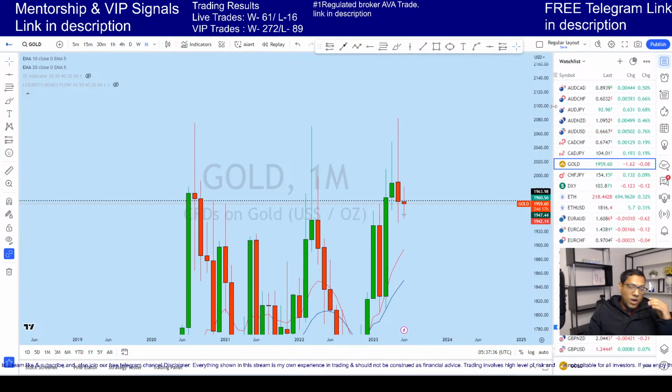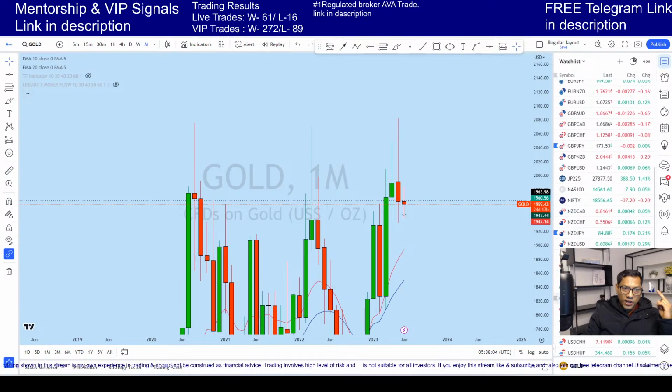Now why do I need to look at monthly? You might say, okay, I'm not trading on the monthly, Wizard, why am I looking at the monthly? The reason is, directional bias is very, very important, and a multi-time frame approach is the most accurate way to see the direction. Keep in mind, there are two things in trading. One, to know the direction. Second, to know when to enter. These are the two areas that one must master to be profitable.